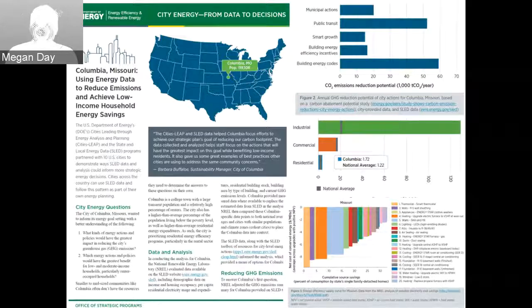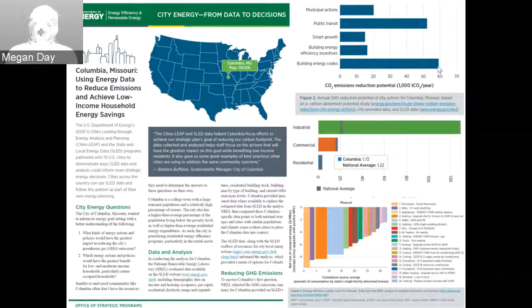And so we were able to take that research that I just discussed and create a city-specific model where we could look at their inputs as far as how they thought the city was growing, at what growth rate, et cetera, and model the greenhouse gas abatement potential of those. We just looked at 5 different city energy action categories. And for them, public transit was very high, so that's a good opportunity for greenhouse gas reduction, as well as